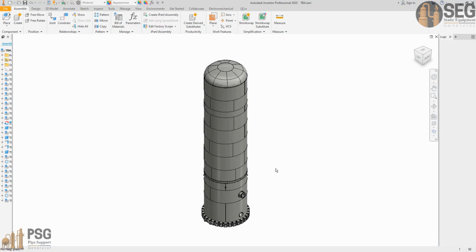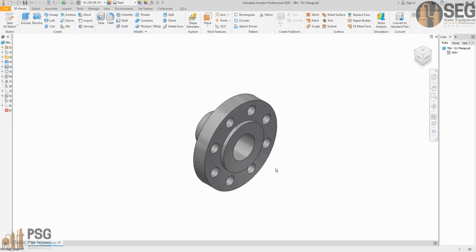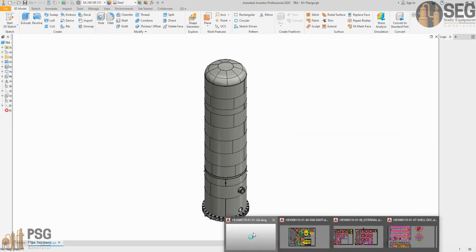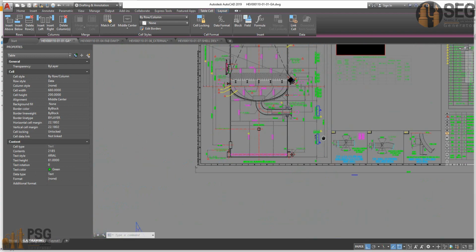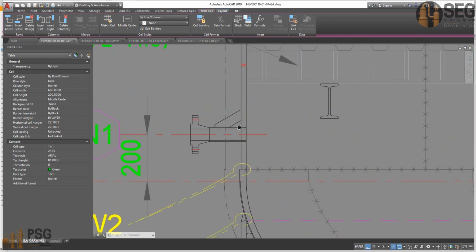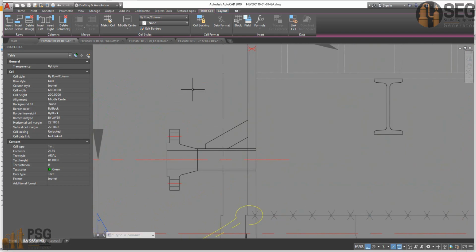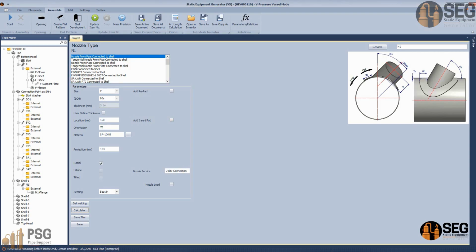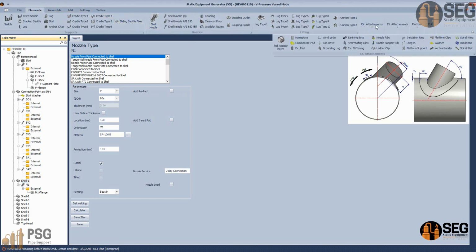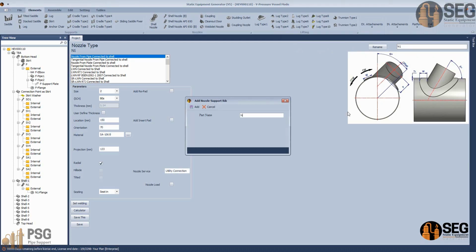We will add a stiffening grip to this nozzle. So if we come here to that view, as you can see, we have a stiffening grip here on this nozzle. So we need to select the can 1, and from elements let's select external attachment, and from the external attachment you will find here a stiffening grip and a stiffening support. So we will need to add a stiffening grip, so it's N1 grip,